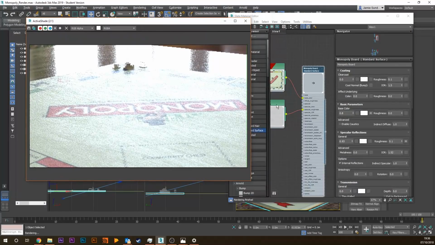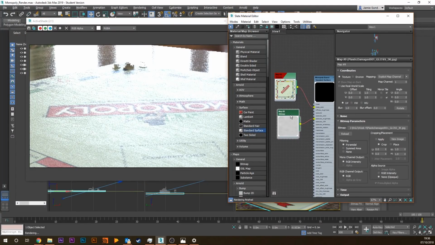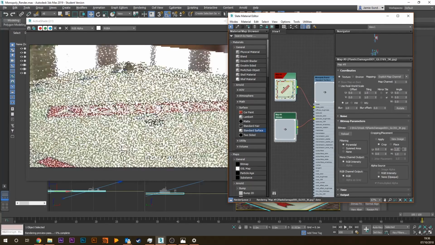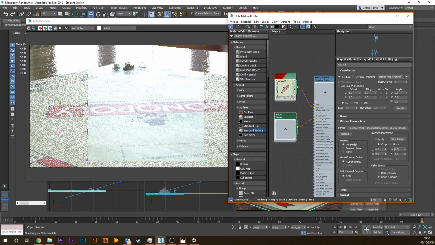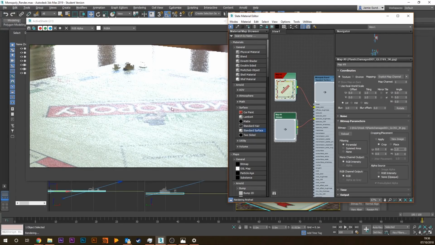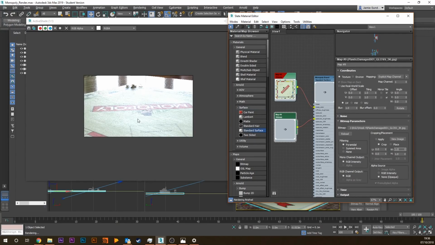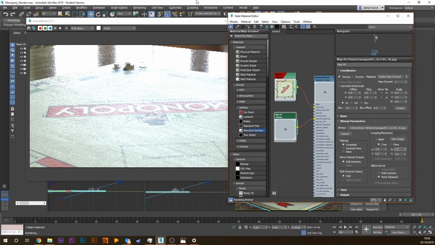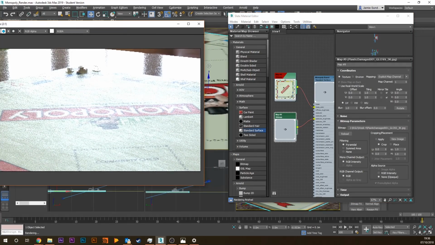So what we're going to need to do is click on this map, this image here, and we can change how much it tiles. We can do that over here. So we've got cropping and placement. We've got 1 for the width and 1 for the height. If I change that to 4 for each of these, it will repeat that 4 times. So it'll mean it'll be kind of smaller on top of it. And I think that might be a bit better